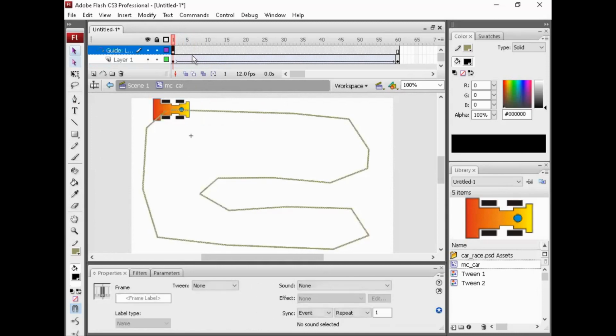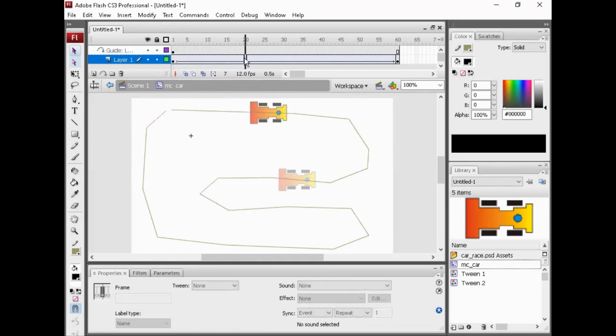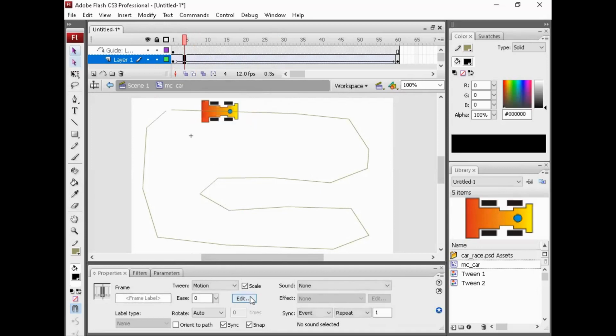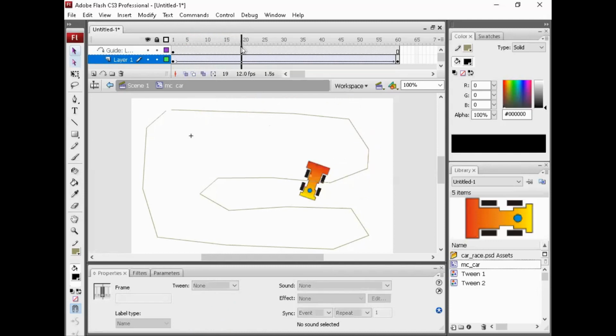If we choose the tween, we will see the properties. For rotate, we choose clockwise. Okay, you will see it looks like this, and it moves clockwise.